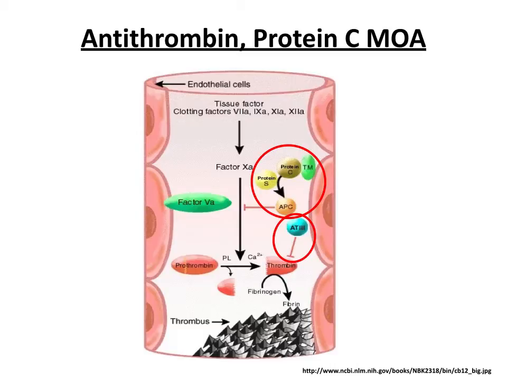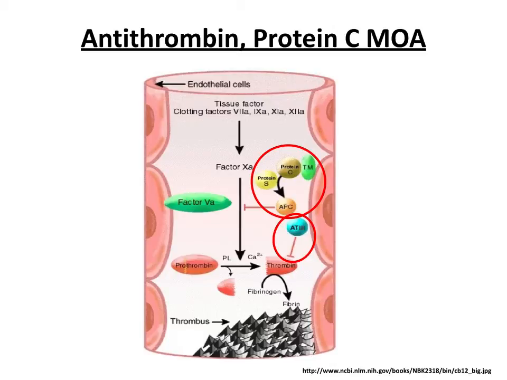Okay, and this slide shows, in pretty simple terms, antithrombin. Whoops, I don't have this animated. Okay, so in this slide we have your tissue factor and the clotting factors have been activated. So there's been a wound. Key point is once there's been a wound and all these coagulation factors are activated, you're going to get activation of factor 10, which, in conjunction with some other factors that I'm not going to really talk about, is going to be involved in the conversion of prothrombin to thrombin. Antithrombin is going to inhibit the actions of thrombin. It's also going to, and it's not on this slide, inhibit the actions of factor 10A. Oh, that looks awful. Sorry.